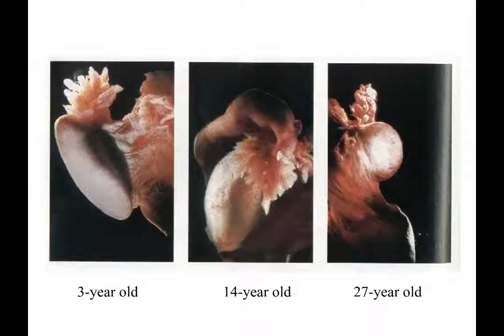So this image here, you can actually see the fimbriae and the fallopian tube. Here's a 3-year-old, 14-year-old, and 27-year-old. There are a couple of things I want you to notice from these slides. First of all, the fimbriae, you can see the arched fallopian tube, but also the ovaries. Here's a 27-year-old, so it's not an older ovary at all, but